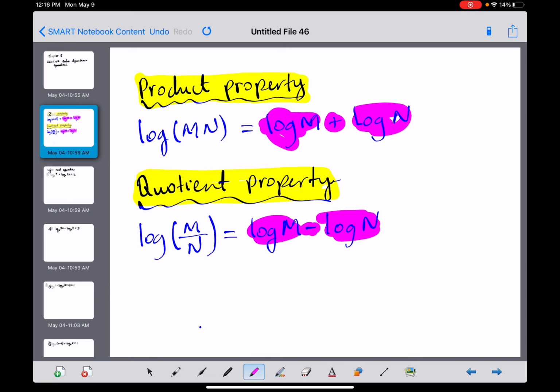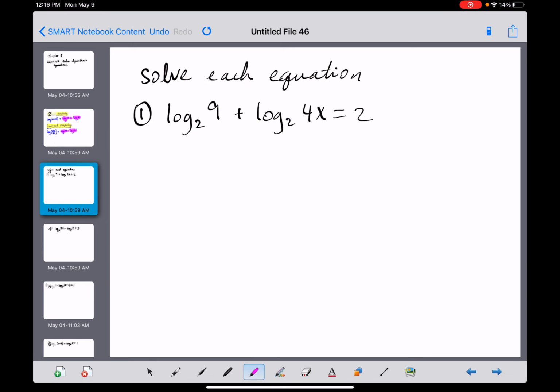Okay, let's move on. In number 1, notice we have two logs right here equal to a number. What we want to do is condense these two logs into one log. So this is a plus, so we're going to use the product property, right? So it'd be log base 2 of 9 times 4x equals 2. After we have a log by itself equal to a number, we're going to convert to exponential